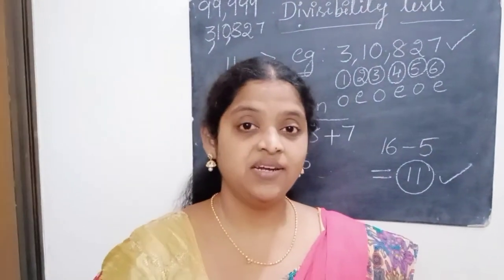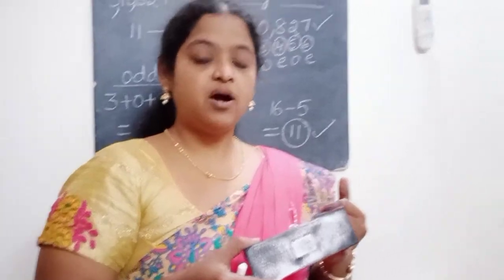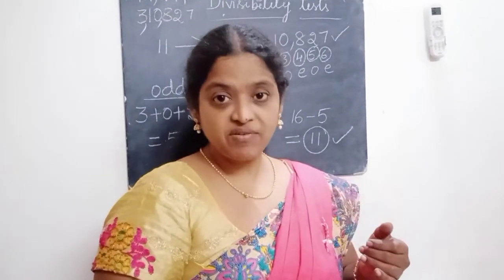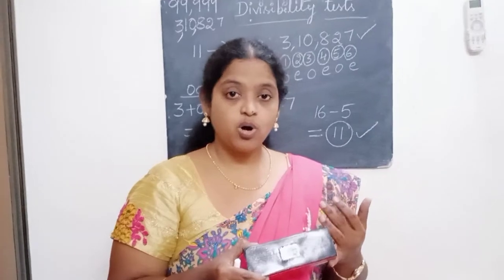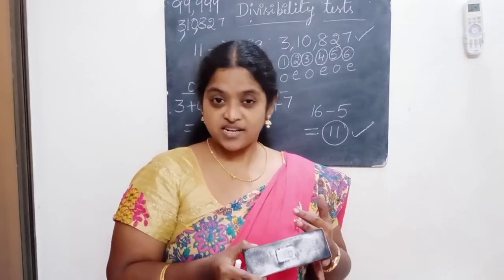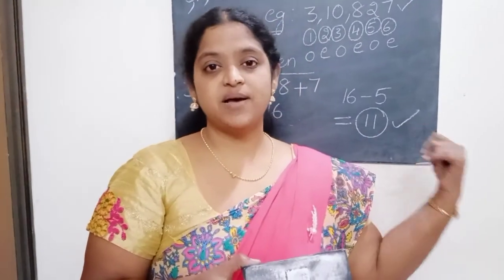And 11. We know that we have to find the odd places and even places. Add all the odd places, add all the even places, then subtract the two. You will get one number, and that result should be 0 or a product of 11. Understood? Clear? Just practice it and do some more examples on that.